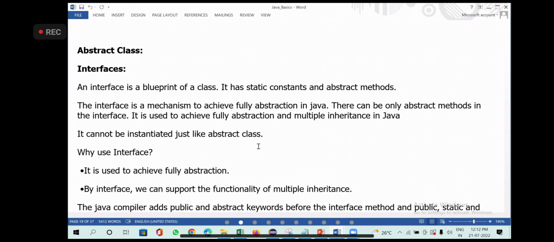Then what I said: any class that is extending the abstract class. Now we talked about inheritance, right? Extending one class to another class. What is my class here? The abstract class. Any class extending the abstract class becomes a subclass, right? Any class extending the abstract class should provide the definition of the abstract method from the superclass. Okay. Now let's try to write one program.